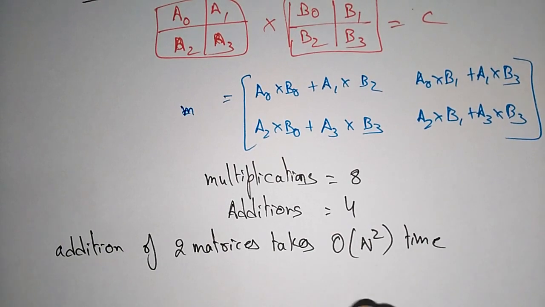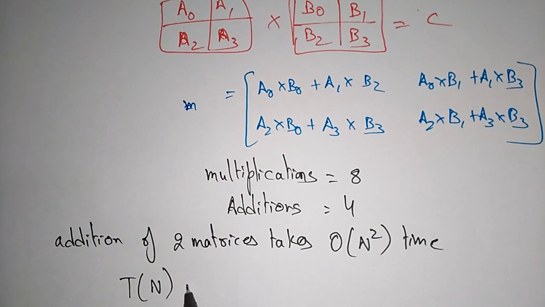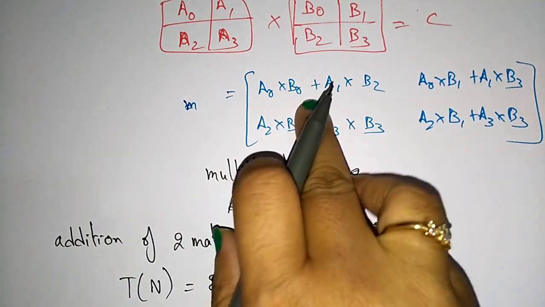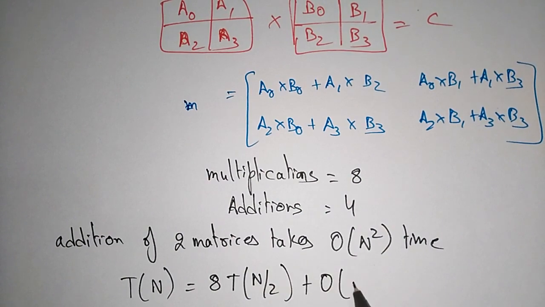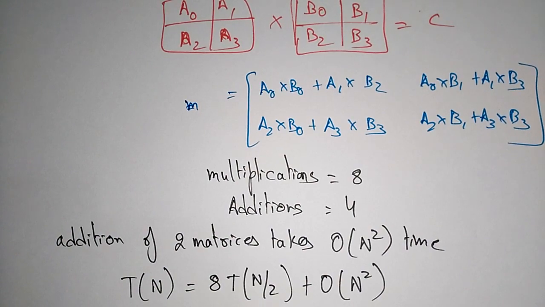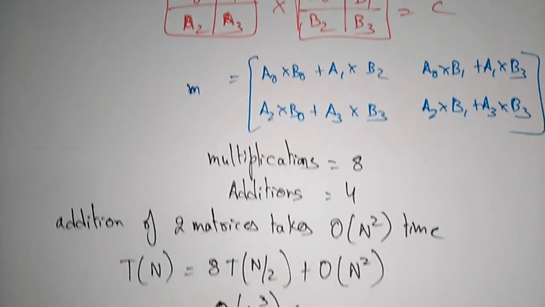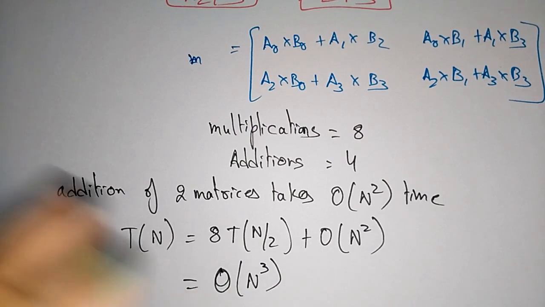If you take the 2 matrices of size n, then the time complexity T of n is 8T of n by 2, because these 8 multiplications are what you have to do, plus order of n square. So you will get roughly big O of n cube. This is the time complexity for the divide and conquer